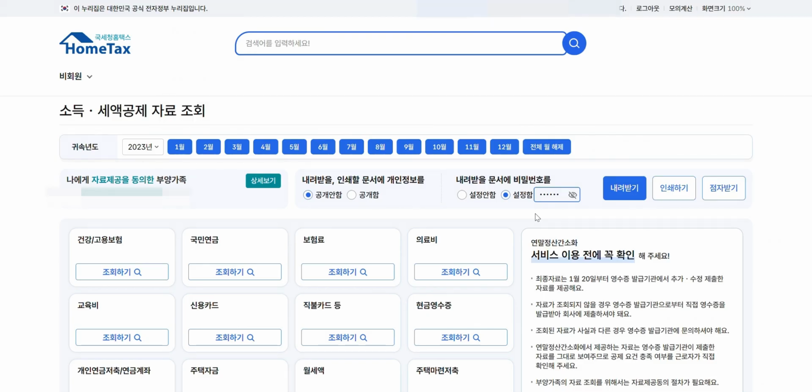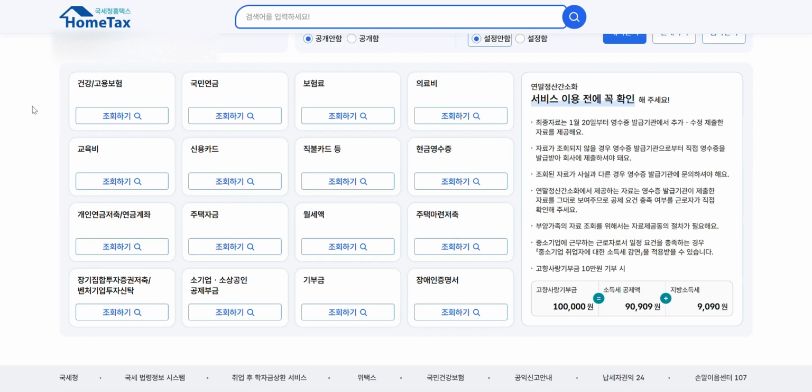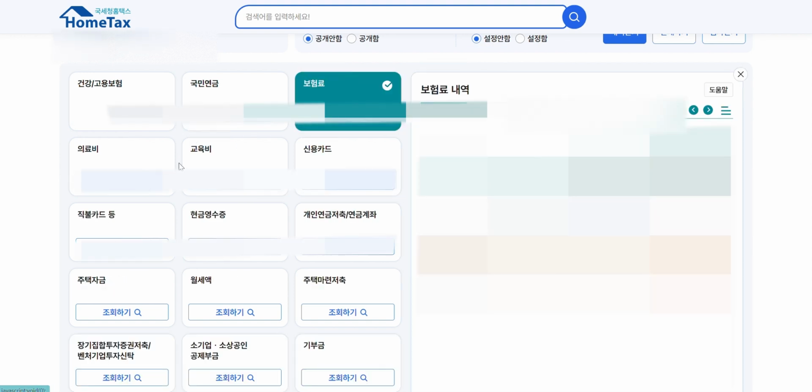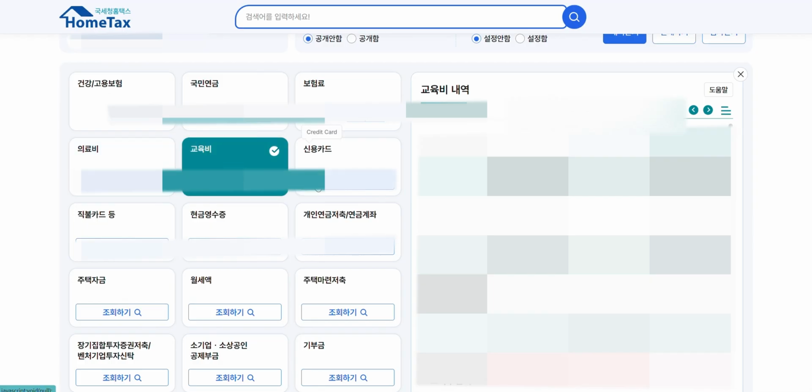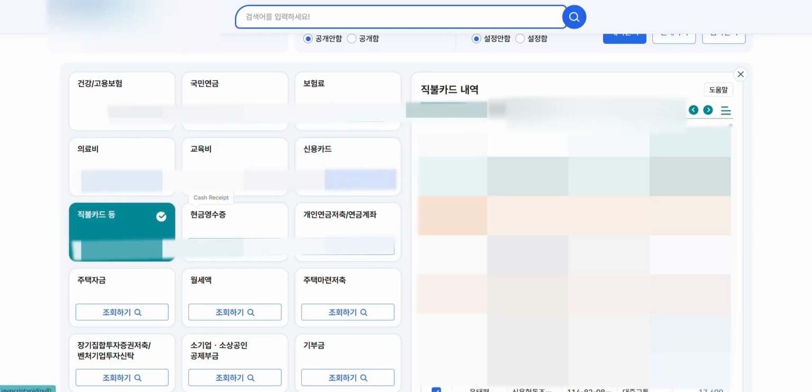And this page shows all the different tax deductions that you can get. I'm not going to go into it in much detail now, but if you hover your mouse over each section, it will translate it into English. You can see there's health insurance, pension, other insurance, medical fees, education fees, credit cards, debit cards, cash. And all you need to do is just click on the button with the magnifying glass in each section, and